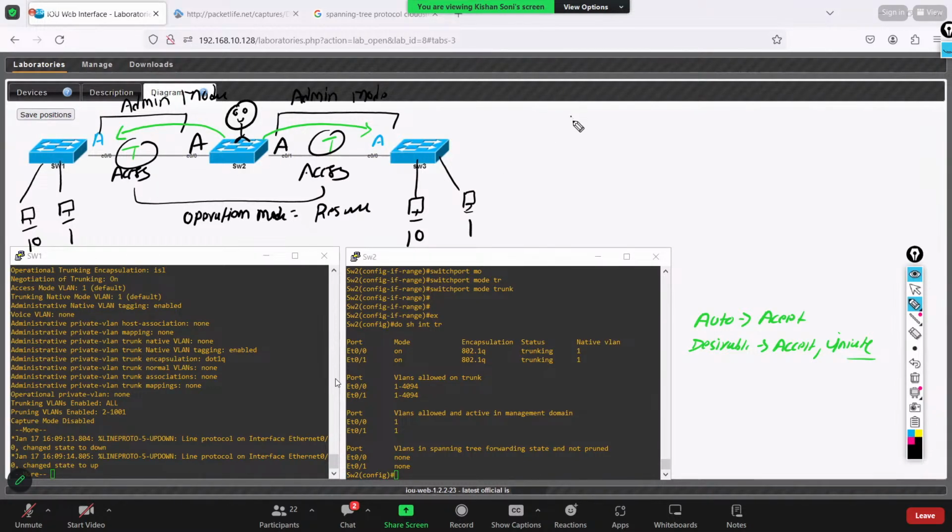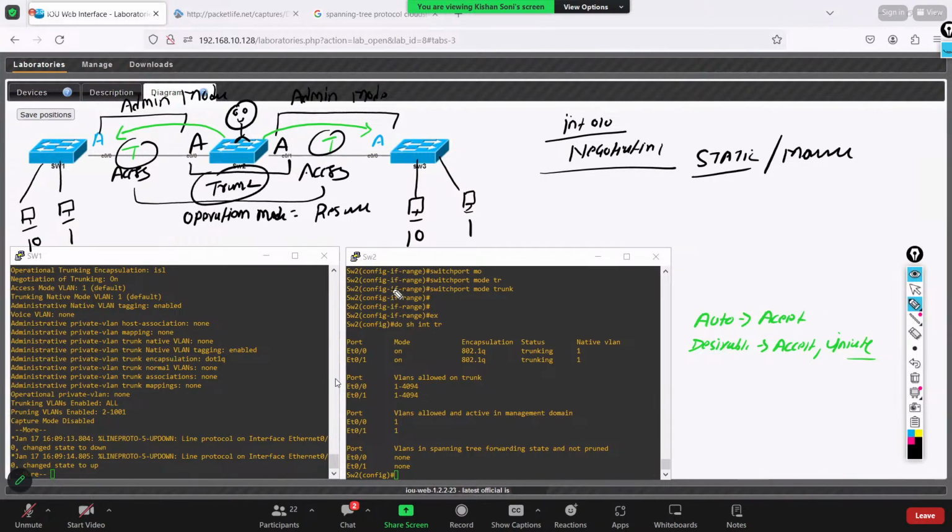the interface by default participates in negotiating mode. And because of the negotiating mode, they can also negotiate the static trunk. They can also negotiate the manual trunk. So when I make a request, when I say, let's make this interface a trunk interface, with the command switchport mode trunk and the encapsulation,